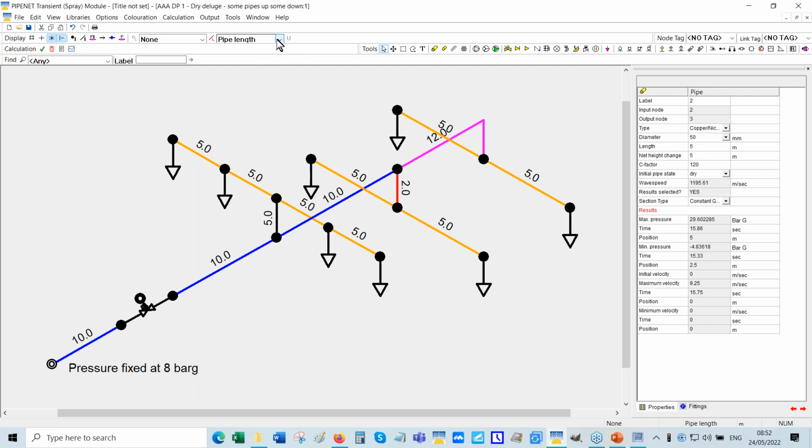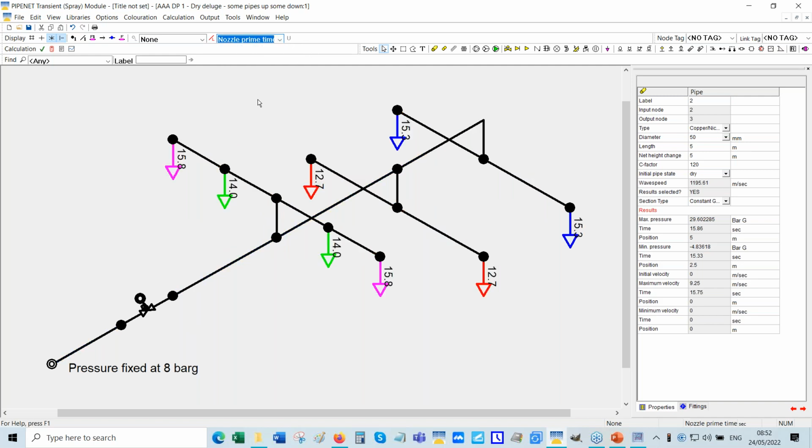I'm not sure about that. Let's have a look at the nozzle priming times. In fact, you see this nozzle here, I didn't know this was going to happen. This nozzle here actually takes longer to prime than that nozzle, even though this nozzle is further away. Why am I emphasizing this? It's a very good reason for emphasizing this, because we've come across systems, we provide extremely good support, and it's